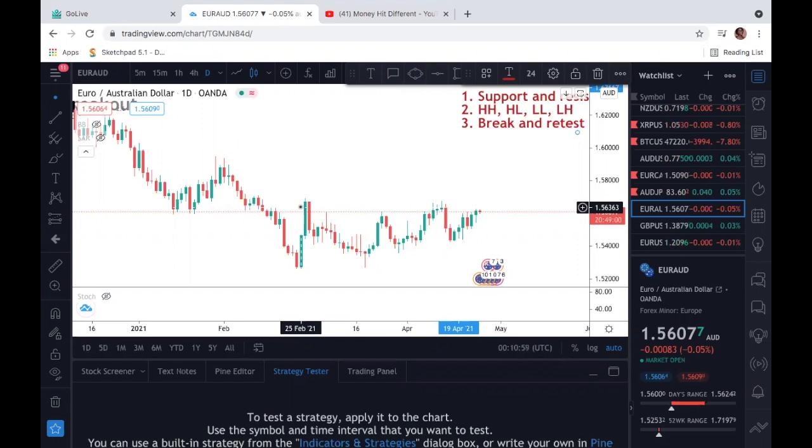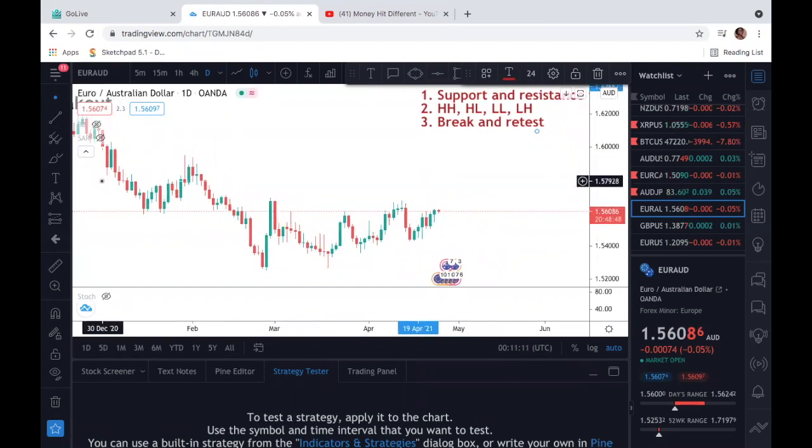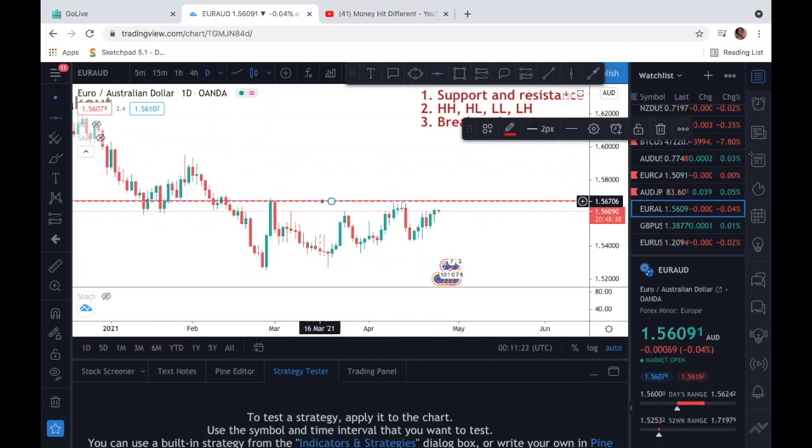Like I was saying, not saying that indicators don't work, but for me, I just prefer understanding the zones and all that good stuff. Coming from the daily time frame, I look for the support and resistance, and I use the horizontal line. People have a very hard time marking support and resistance, and it's pretty simple. All you have to do is put